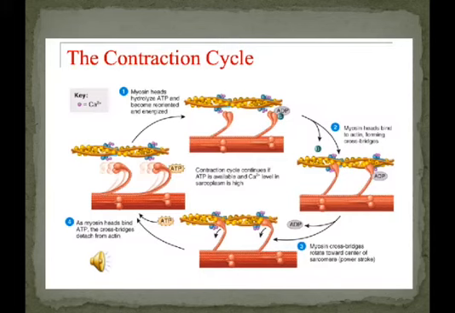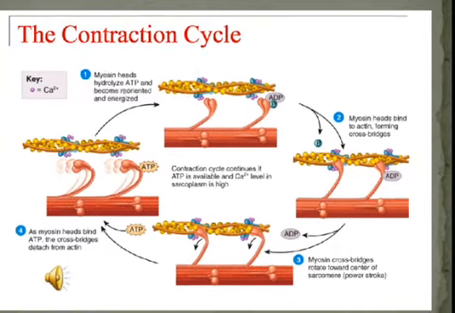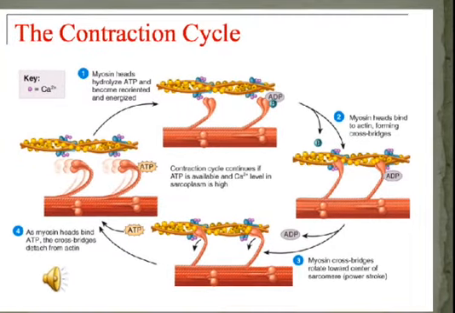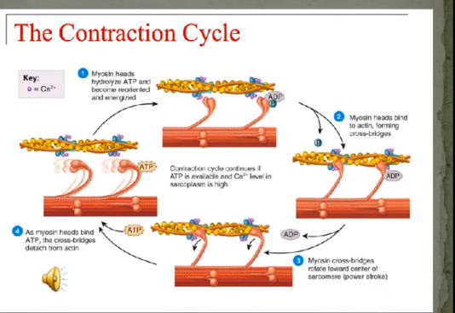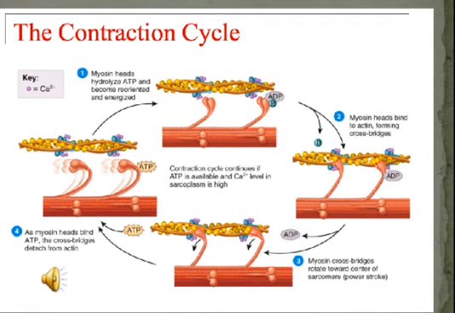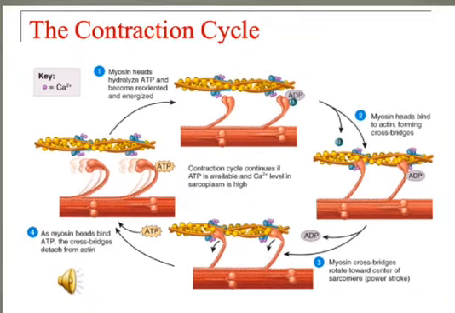Now comes the contraction cycle. In the contraction cycle, calcium plays a key role. If there is calcium present, contraction occurs. If there is no calcium present, no contraction occurs. So what will happen when the nerve impulse reaches the T-tubules, the transverse tubules? When the nerve impulse passes through the T-tubules, it causes the sarcoplasmic reticulum to release calcium ions into the cytoplasm, and these calcium ions attach to troponin, and the troponin and the tropomyosin pull